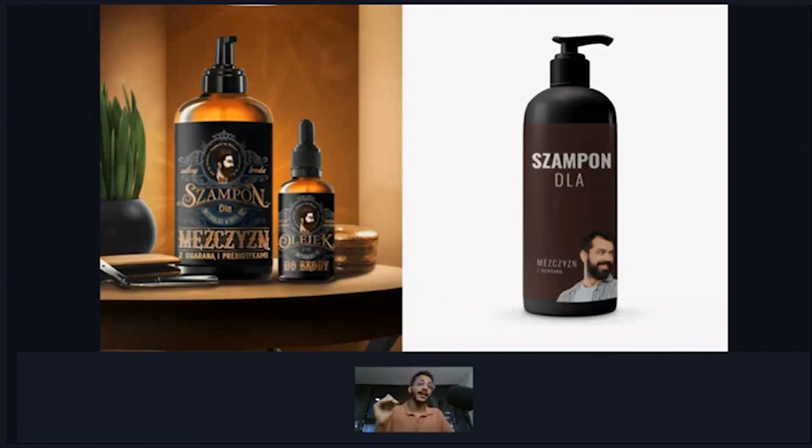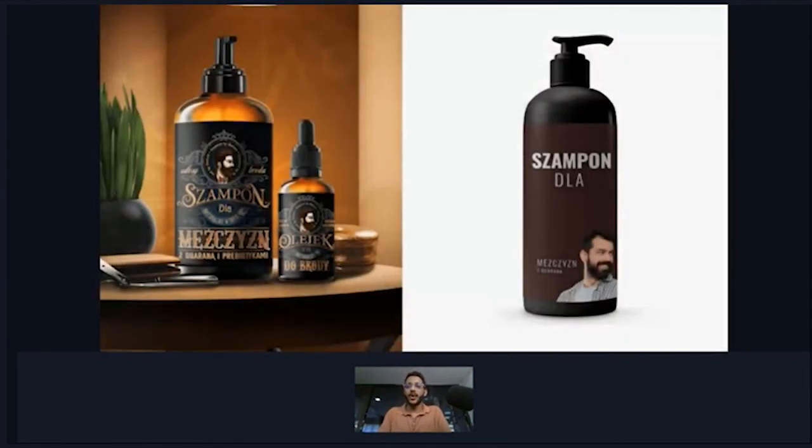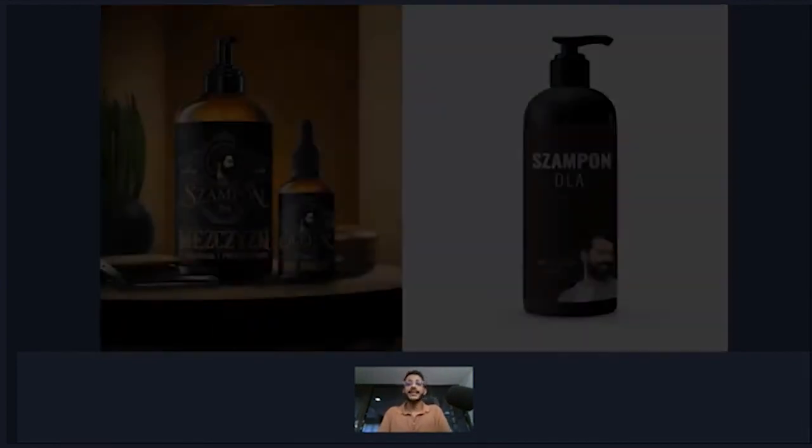Guys, if you didn't realize that this was the same product, drop a wow into the chat box right now and let me know that you found this fact amazing. You need to understand that yes, design shapes perception. If you have a product, if you have a service, you can increase the value of your product or of your service using the power of design. Okay, using the power of design. All right, so guys, on that note,